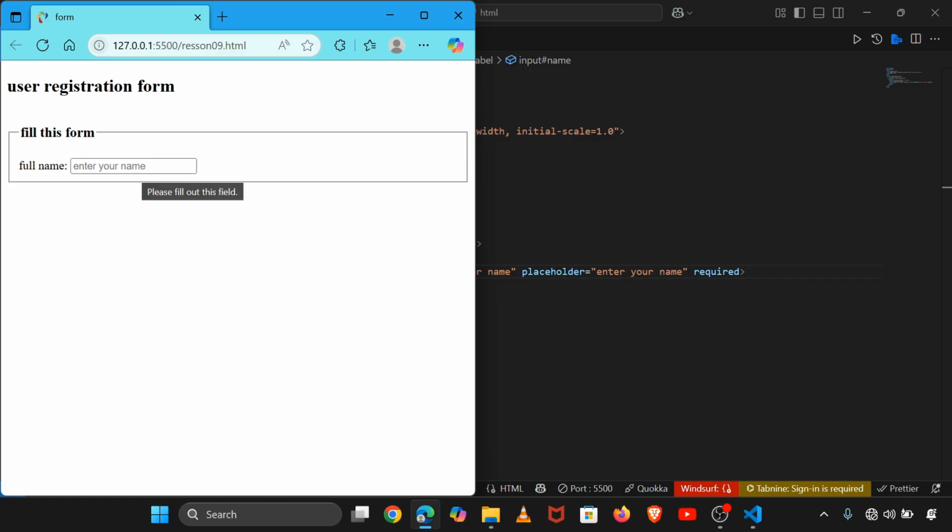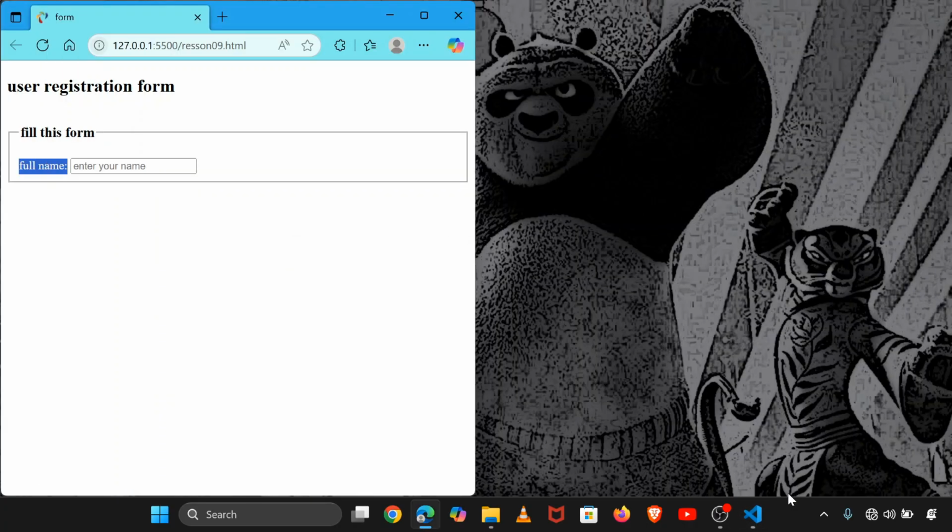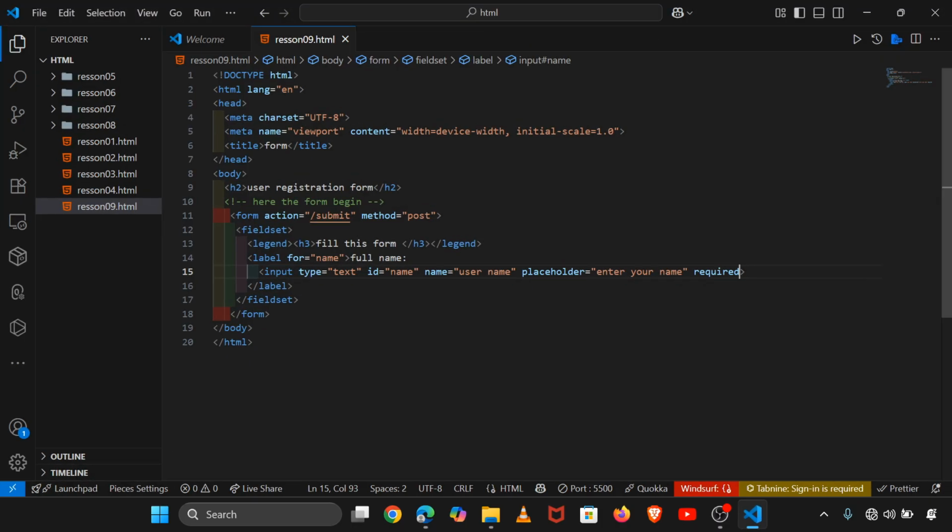You see that an input is an inline element, so if you want it to be a separate block, you can make that text that is called full name to be a block. So to make it block, you come here and give this name